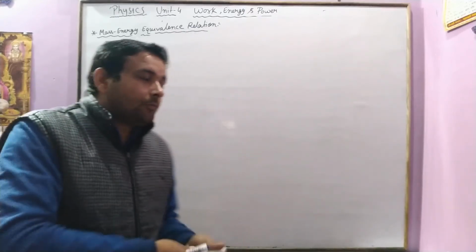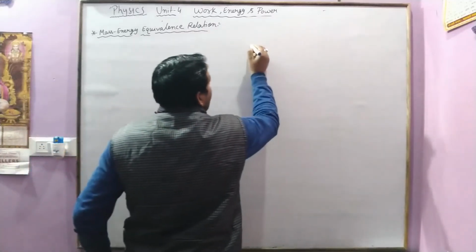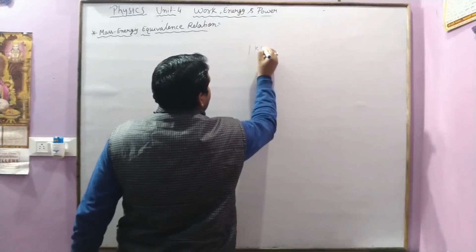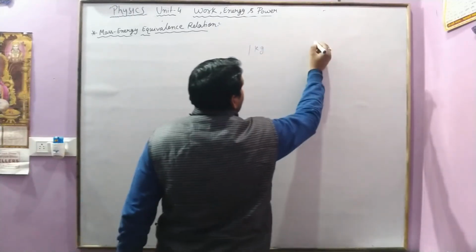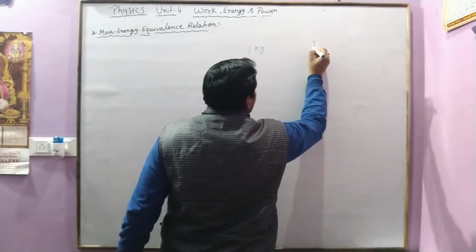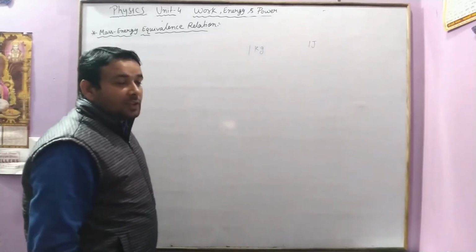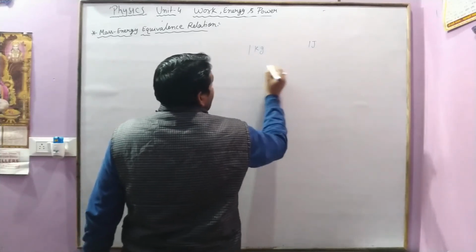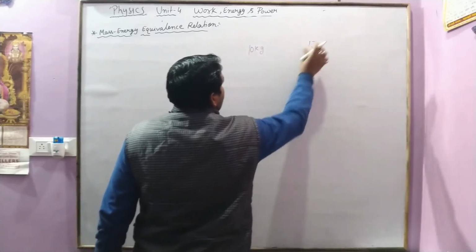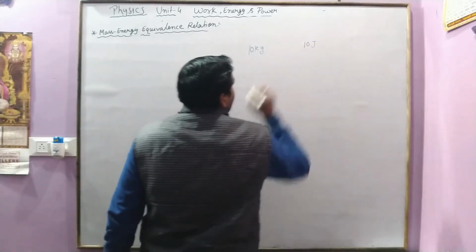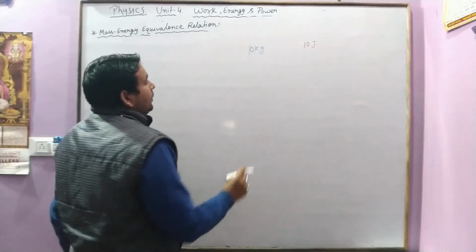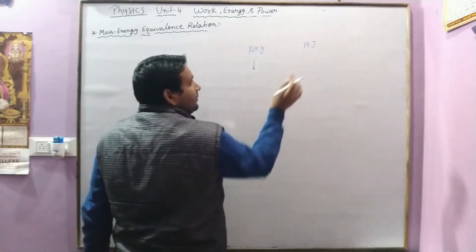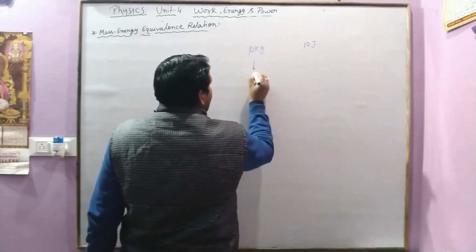According to him, if we have 1 kg of mass and 1 joule energy, or we say 10 kg of mass and 10 joule energy. Okay, so according to him, if 1 kg of mass is converted into energy by using any process,